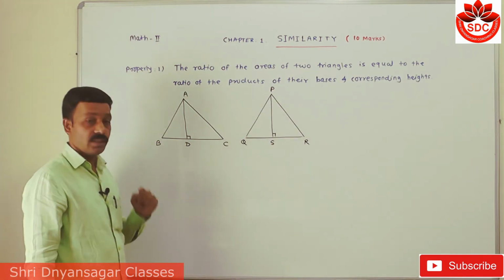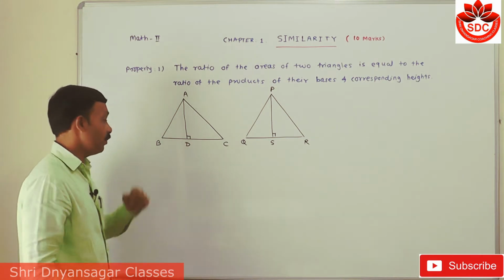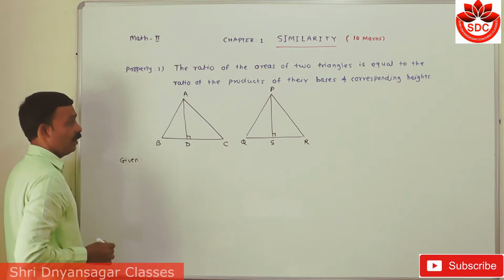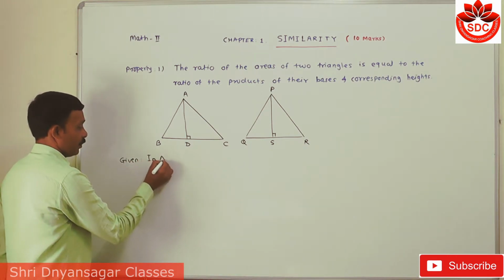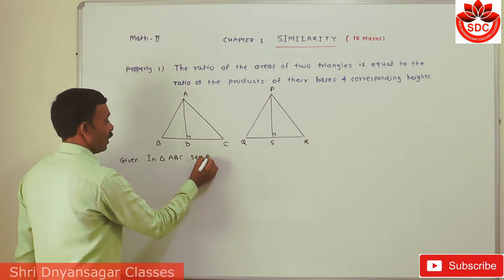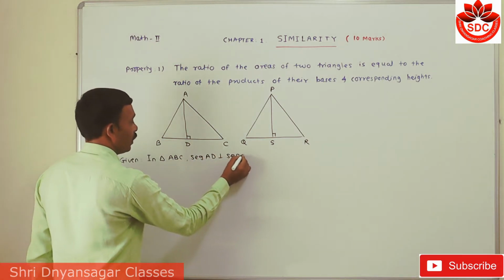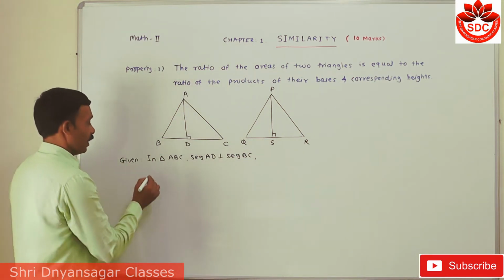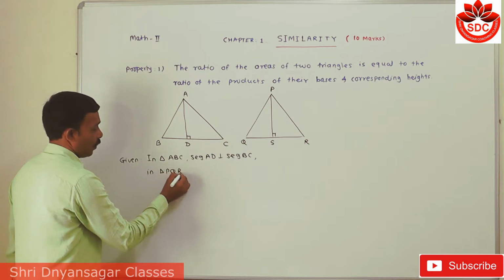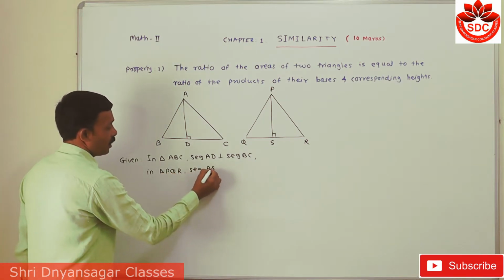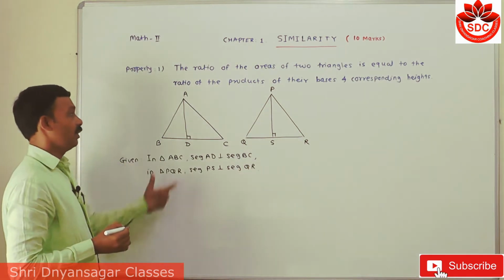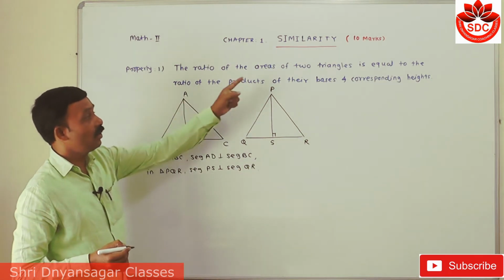Now by using this we write the given. So in the given, in triangle ABC, segment AD is perpendicular to segment BC, and in triangle PQR, segment PS is perpendicular to segment QR. This is our given. Now then, to prove is that